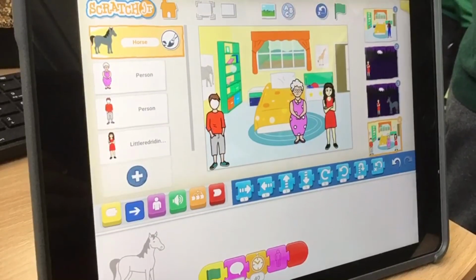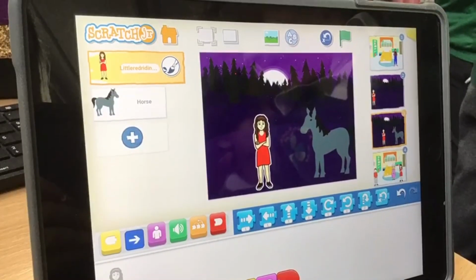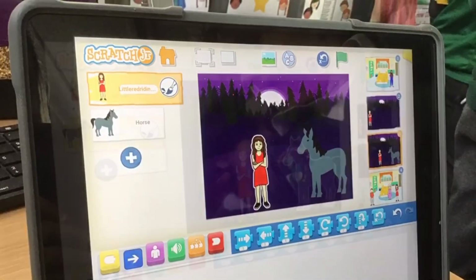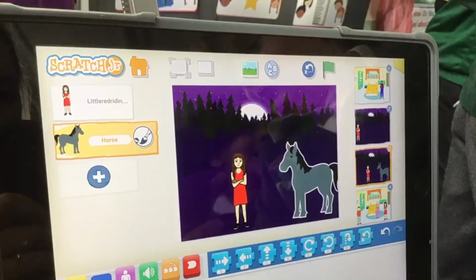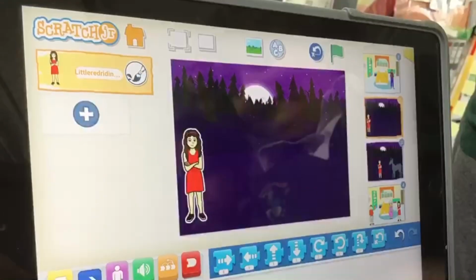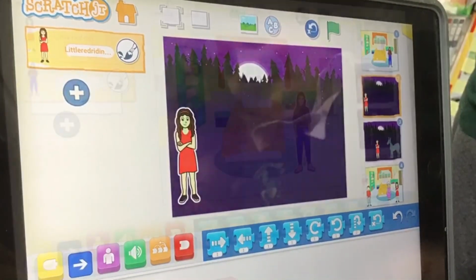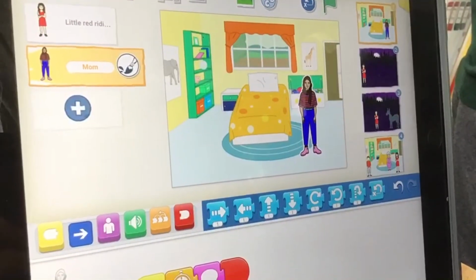There's probably lots of training on how to use this app. This is again just a little starter video, but the best way to learn always is to try it out for yourself, which is what I did. Have a practice before you actually teach it to the children, but I guarantee you they will pick it up really, really quickly. There's loads of skills involved when it comes to using this,